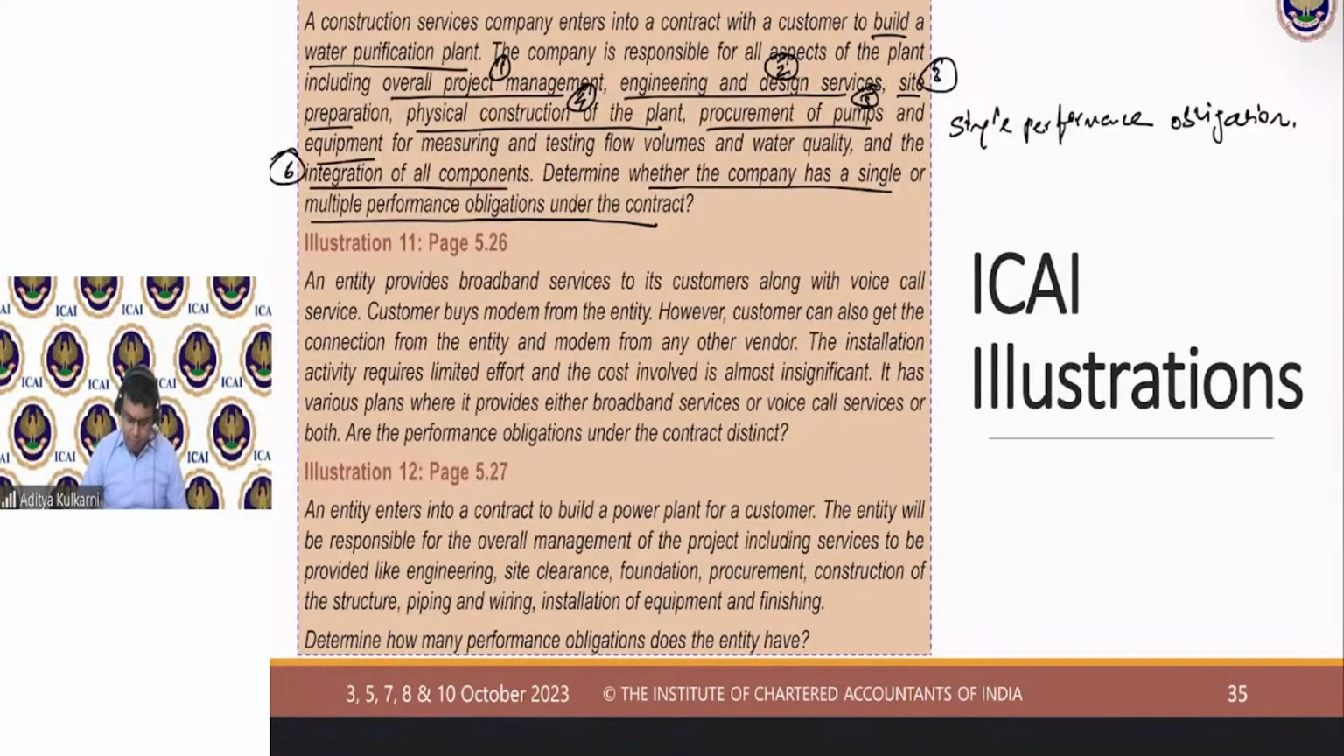An entity provides broadband services to its customers along with voice call service. So it provides broadband and voice call. Customer buys modem from the entity. However, customer can also get the connection from the entity and modem from any other vendor. The installation activity requires limited